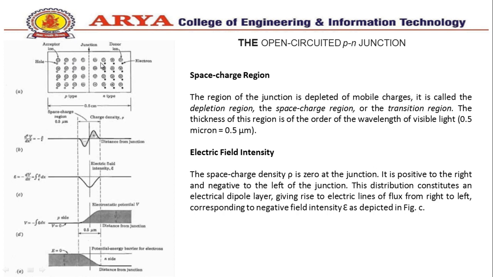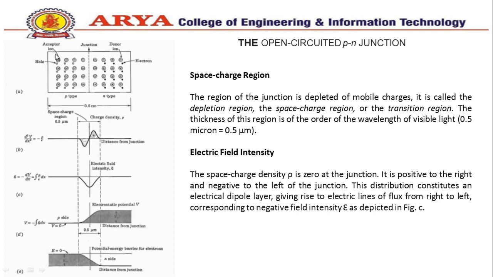We see that positive holes which neutralize the acceptor ions near the junction in p-type silicon have disappeared as a result of combination with electrons which have diffused across the junction. Similarly, the neutralizing electrons in the n-type silicon have combined with holes which have crossed the junction from the p material. The unneutralized ions in the neighborhood of the junction are referred to as uncovered charges. These are the uncovered charges here in n-type and here in p-type.